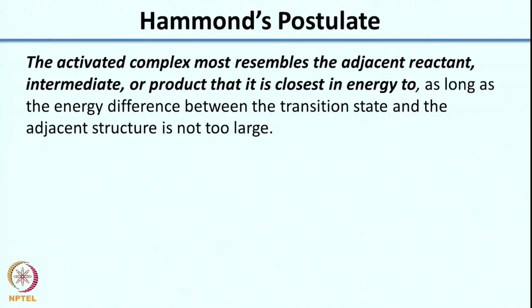So it tells you that if the transition state energy is very similar to the reactant energy, it would resemble the reactant more. If the transition state energy is very similar to the intermediate energy, it will resemble that more, which, as I said, is very logical, because if I look at my potential energy diagram,